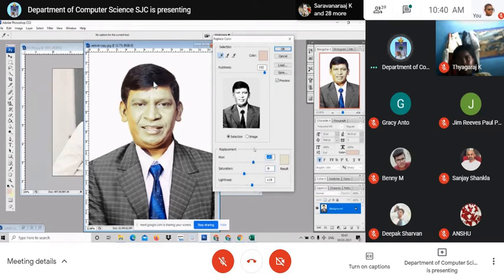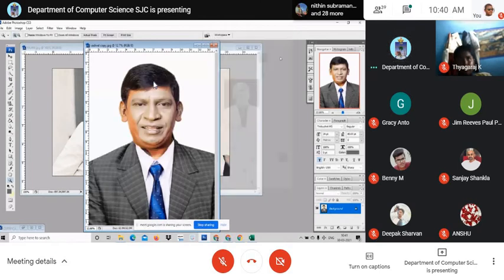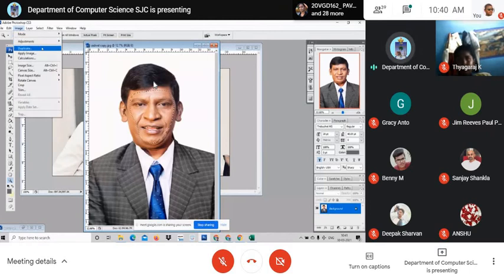For example, if you are working with the photo or the face, you will have to select the face first, then adjust the knobs. You will get it, right? For example, you want to work with this color. You just select the portion alone, then adjust all these hues, saturation, lightness. Then you will get the difference. Am I clear to you? Right. Now I shall move on to the next.